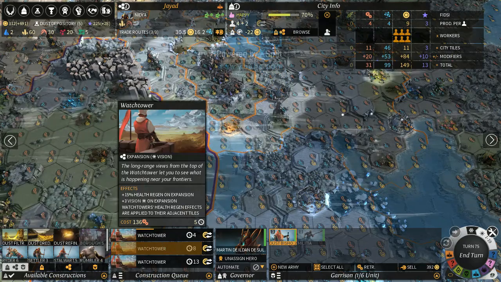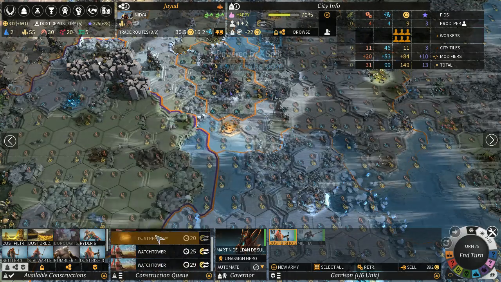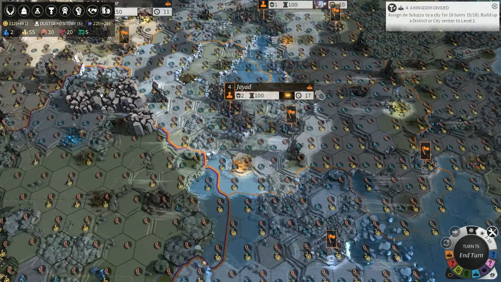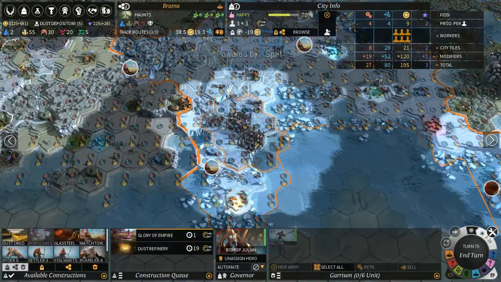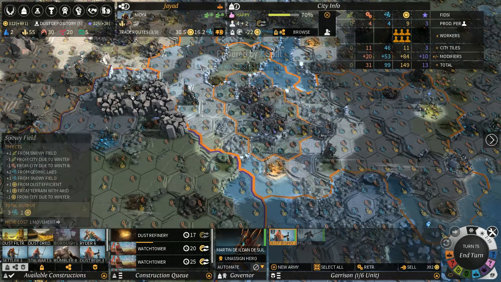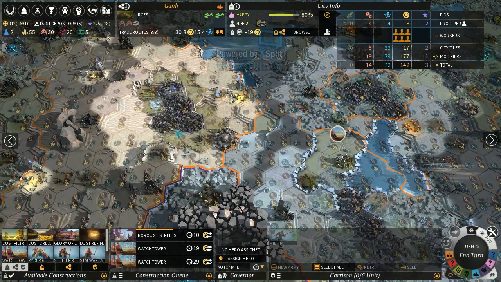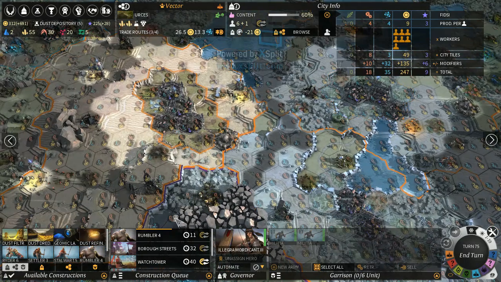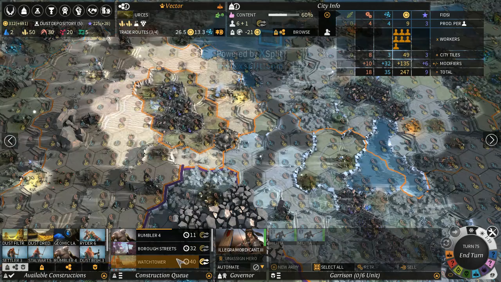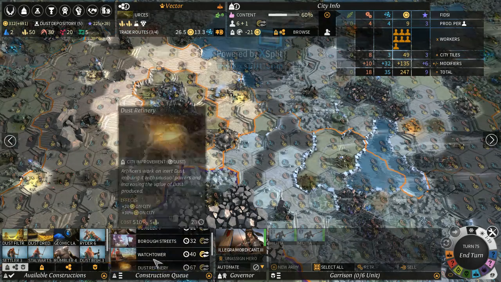All right. Another dust refinery right here. We're gonna prioritize that over all of these watchtowers and so forth. We don't really need those, do we? Let's see. Here we have six population. I'm gonna try to maintain 6 population in most of my cities, except the capital, of course, which has 7. We're gonna build a dust refinery right here,